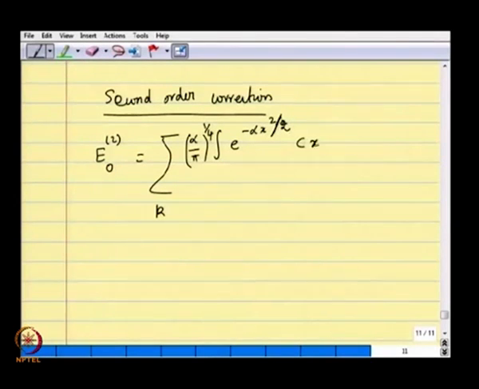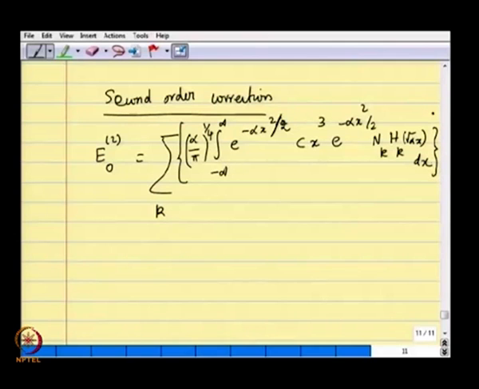Then you have c x cube, and the other wave function is of kth order, which is e to the minus alpha x square by 2, N k the normalization constant, and H k of root alpha x, between the limits minus infinity to plus infinity dx, this whole thing squared, okay, divided by